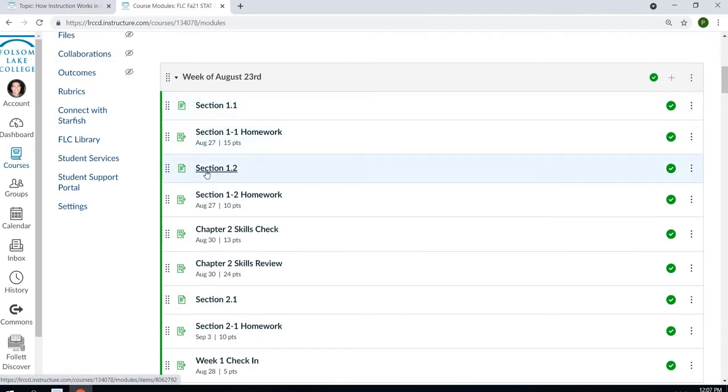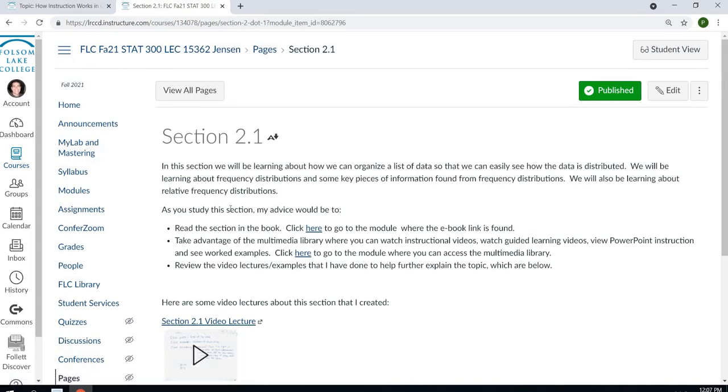But as we're ready to learn, let me just go to section 2.1. Every section has kind of an introduction as to what's going to be in there. And here's my advice, and this is the same advice in every section. Read the section in the book. Take advantage of the Multimedia Library where you can watch instructional videos. And I have links back to